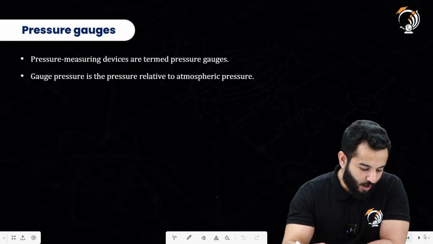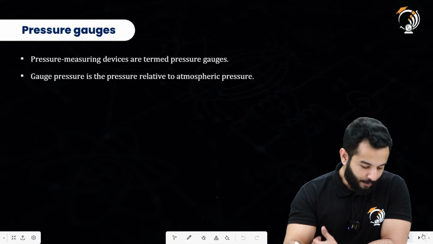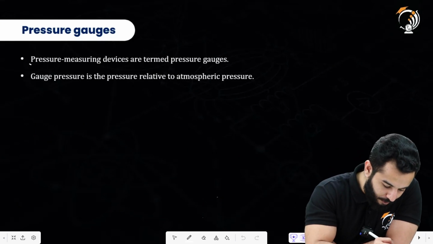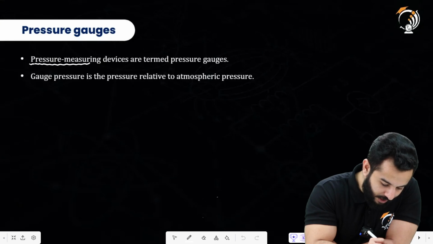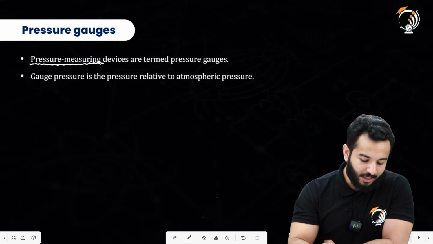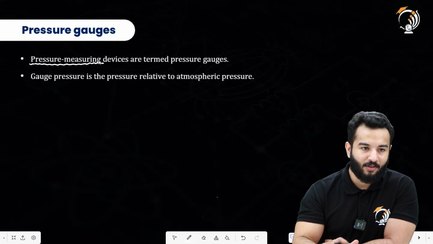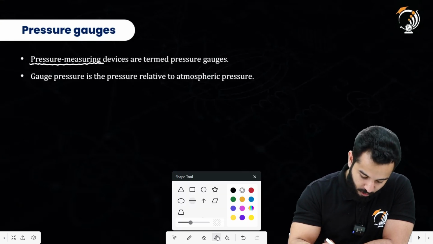After that, now we are going to talk about pressure gauges. Pressure gauges are basically pressure measuring devices. Pressure measuring devices, what do we mean by that? Whenever you are going to measure a pressure, let's suppose you want to measure a pressure of